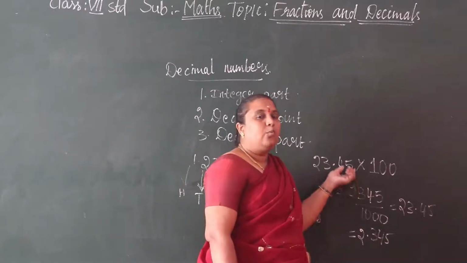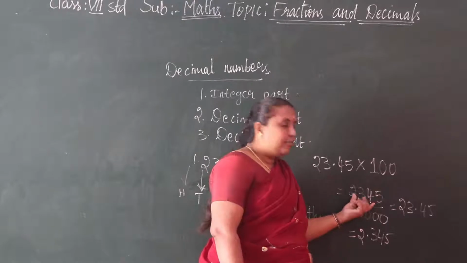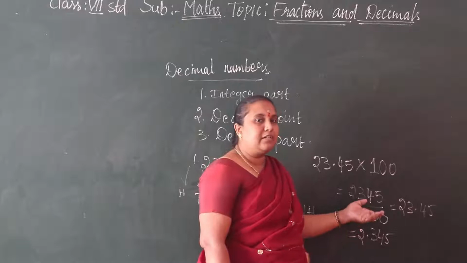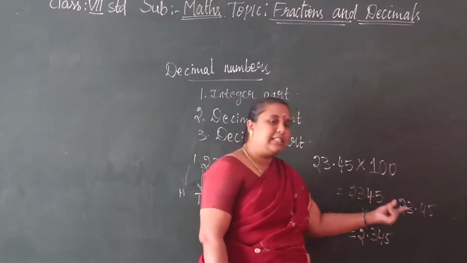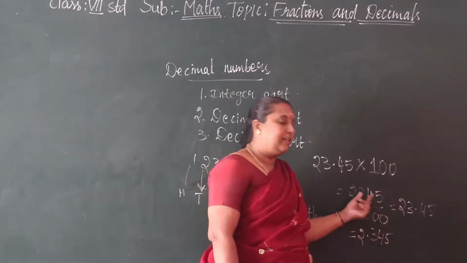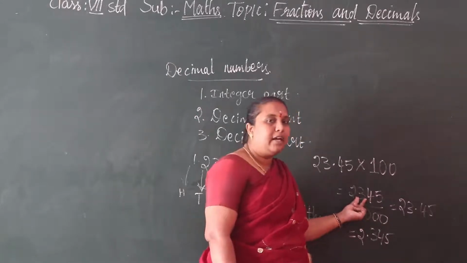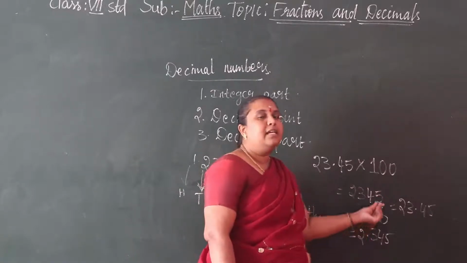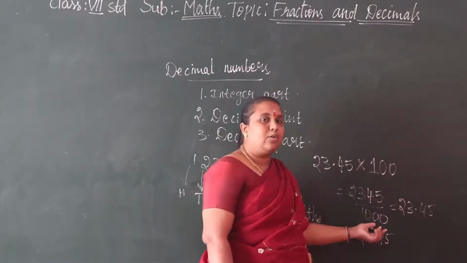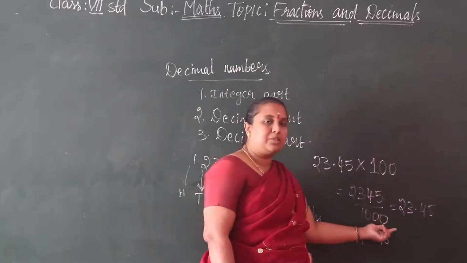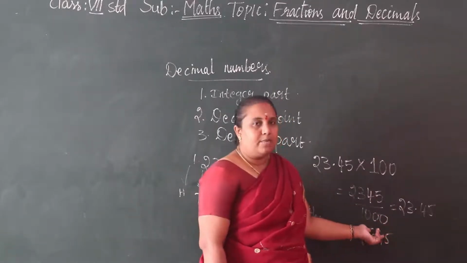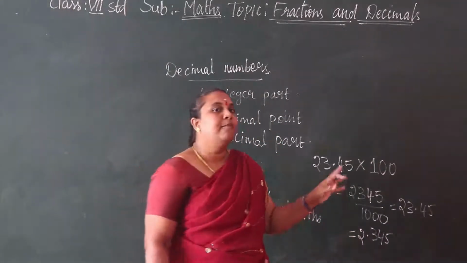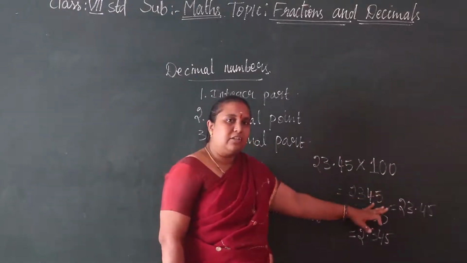And we want decimal form from integer form. So from integer form to decimal form, we write the integer as the numerator and write 1 in the denominator, followed by zeros. The zeros are as many as the decimal points we want; that many zeros we write in the denominator. Okay, understood children?